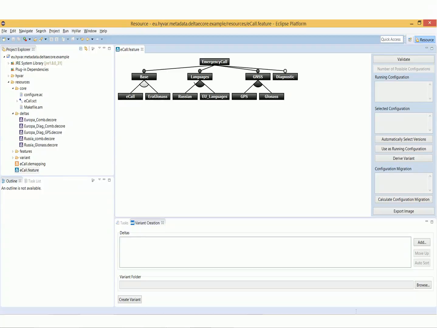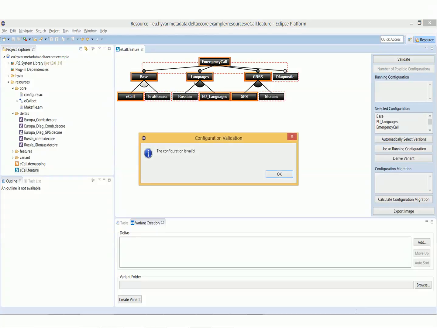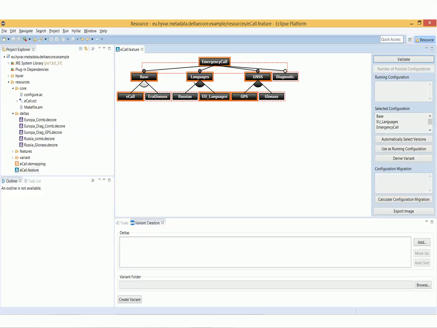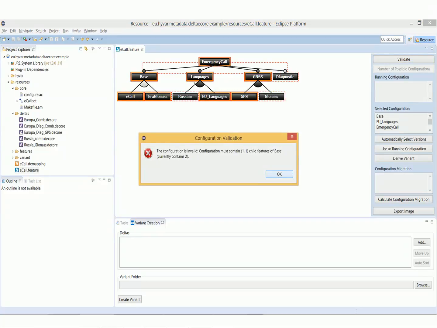In fact, it is possible to verify validity of the selected set of features using the Eclipse UI. Let's select the correct set to verify the functionality. And you get the "configuration is valid" pop-up. In case of an incorrect one, the validation will fail.